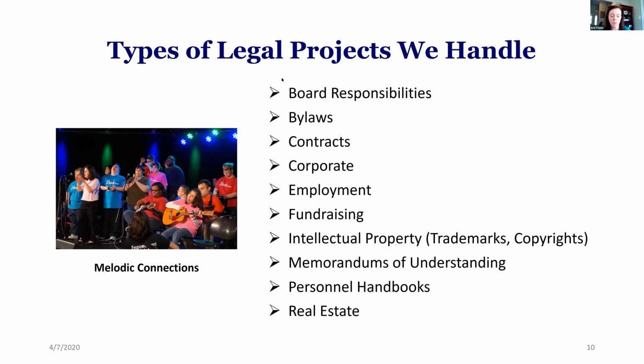Our number one thing we've been working with clients on so far to date is employment matters. The Families First Coronavirus Response Act is not clear, to say the least. Just like the PPP and the CARES Act, that came out last Friday or 2 Fridays ago, and the banks were supposed to be ready last Friday. And they're still right now trying to figure out